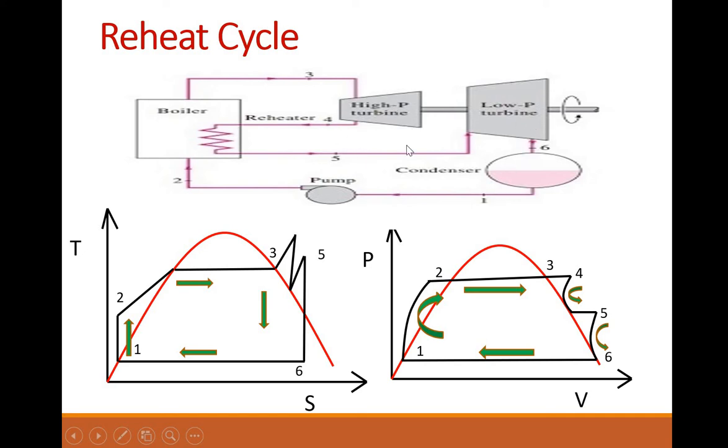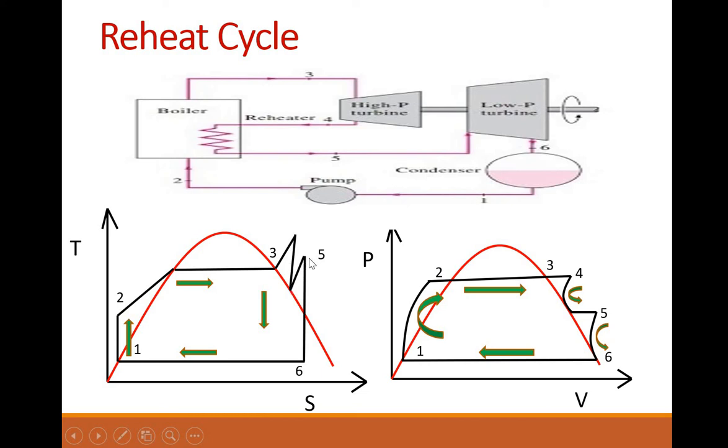So a stage is added in between the boiler and the turbine. Okay, so see, that is eventually depicted in the diagram. 1 to 2, pump to boiler, you are moving. 2 to 3, you are converting liquid to its boiling stage and then to its vapor stage. So here, at 3, we are providing it into the high pressure turbine, reheating it to a certain higher temperature, and then allowing it to go through the low pressure turbine.